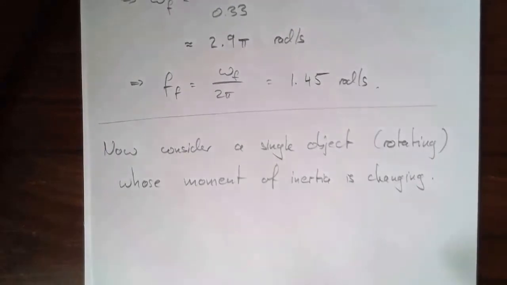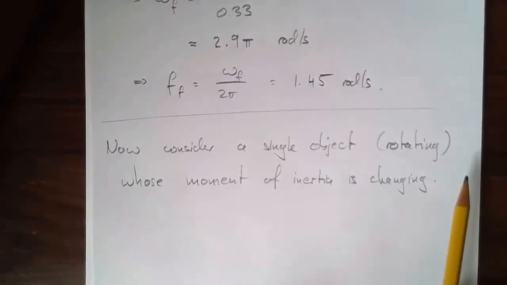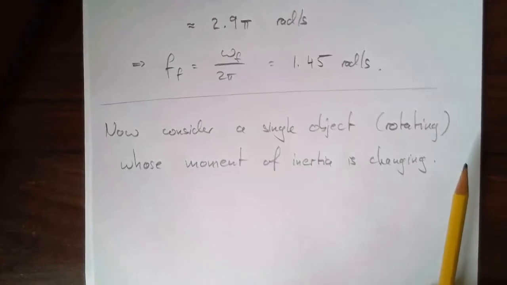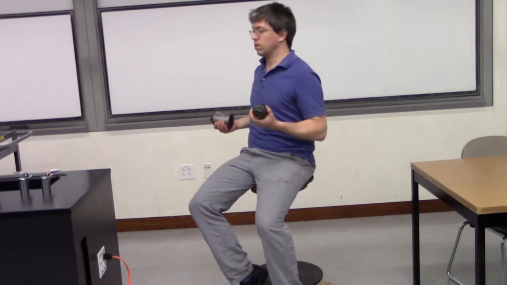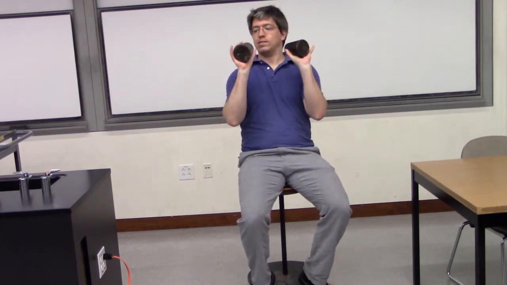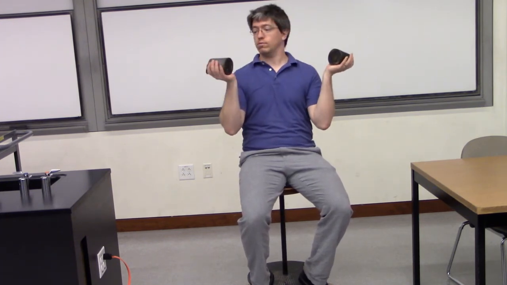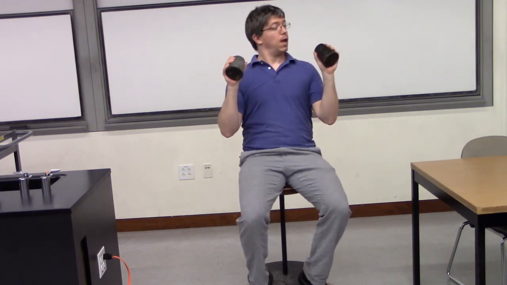Well, I've got a demo for you, and that demo you can actually easily repeat at home. All you need is some kind of spinning chair or something like that. So here it is. For this experiment, I've seated myself on a spinning chair, so I can spin back and forth. This is just a stool, but you can do this at home with any type of spinning desk chair. I've got two masses here, and they are each 8 pounds or 8 kilograms, I'm not even sure. Feels more like really just 8 pounds.